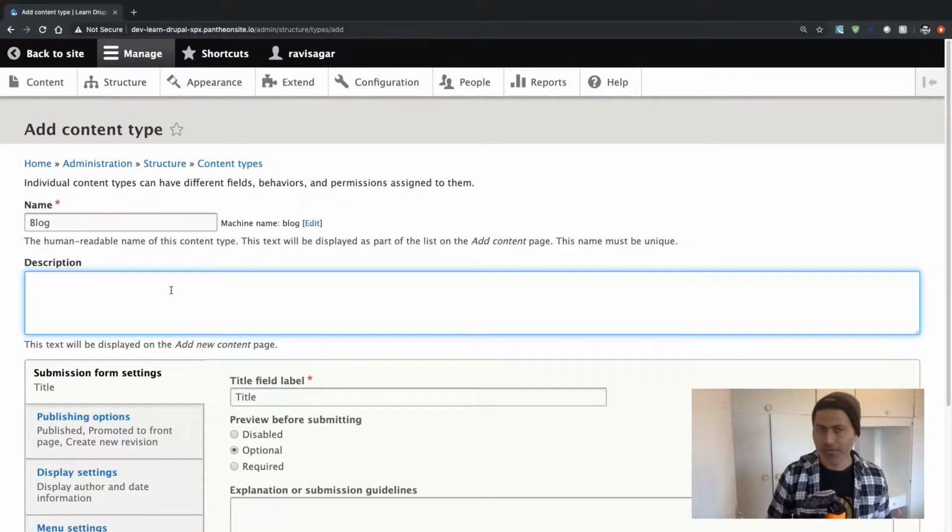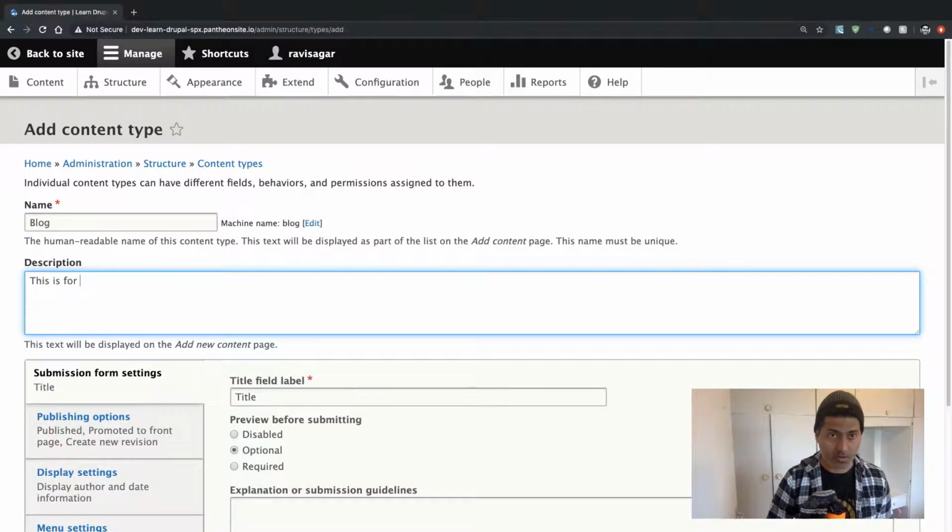I want to keep it obvious for anyone who is managing the website that blog is managed by the blog content type. You can also add a description, which is always a good practice, so that it is easier for anyone who is trying to add new content. This description will help them in understanding the purpose of this content type. Right now it is obvious, but it may not be obvious all the time. So you can add some description like this